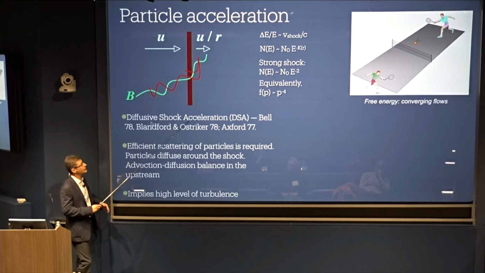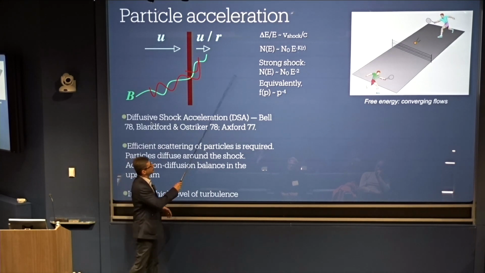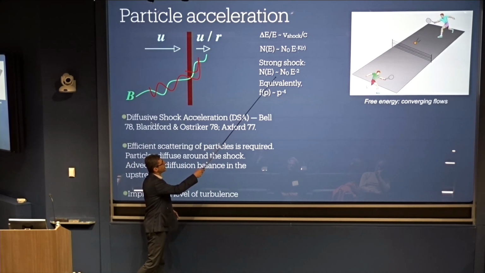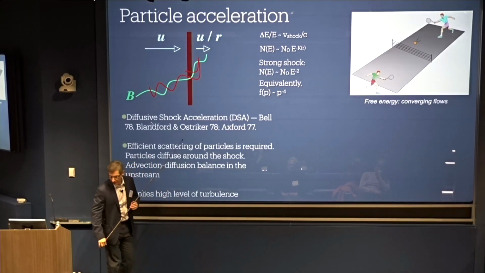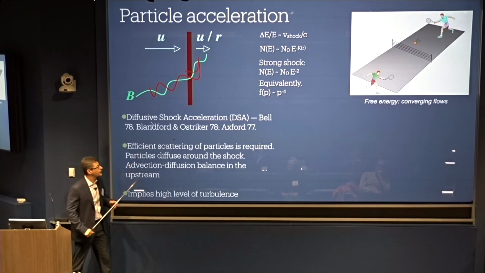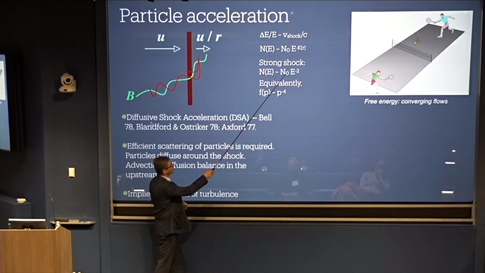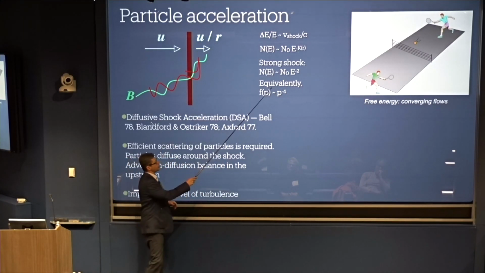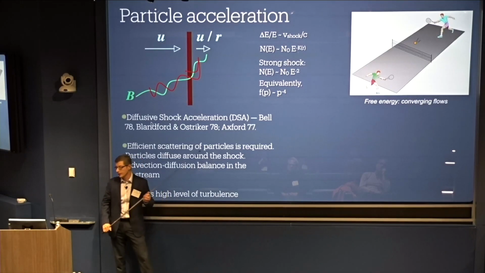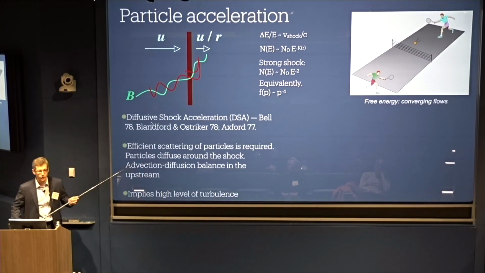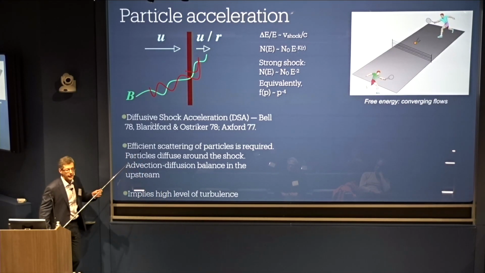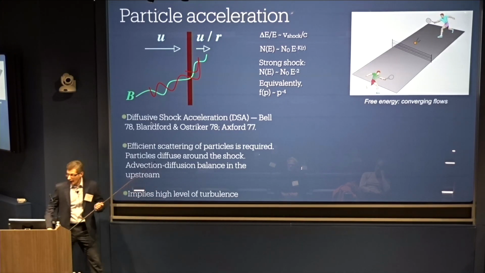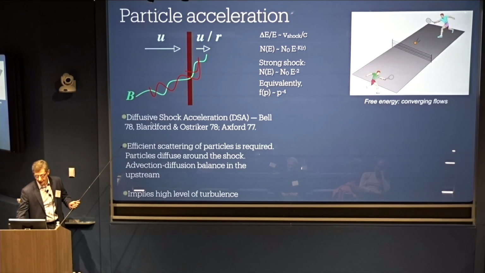If that happens, kinematics of the bounces and advections through the system predicts a particular power law shape of p to the minus 4 in momentum, or E to the minus 2 in relativistic energy. The only thing you're missing is the normalization. So you don't know how many particles are doing that. In fact, it could be 0. So for some shocks it is in fact 0, but for some it's actually finite.